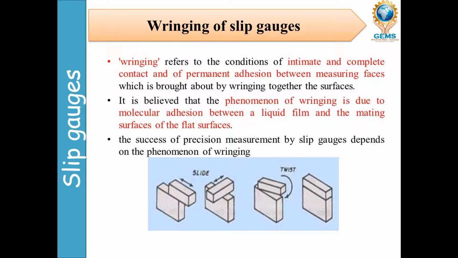And while measuring, the faces should not be fingered. So where we measure the faces, there should be no fingerprints. For ringing, two slips are placed together at a right angle in the form of a cross and then rotated through 90 degrees while being pressed together. So like this, arranging them perpendicularly at 90 degrees will give a good addition of the slip gauges.